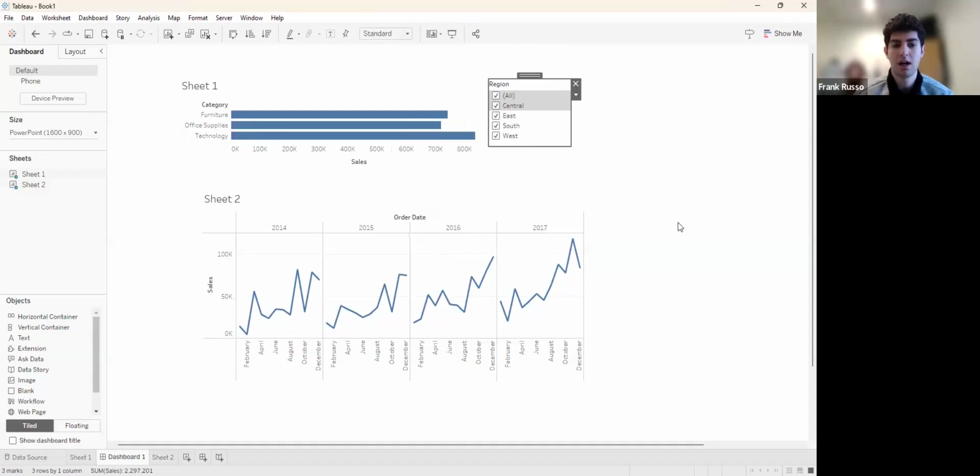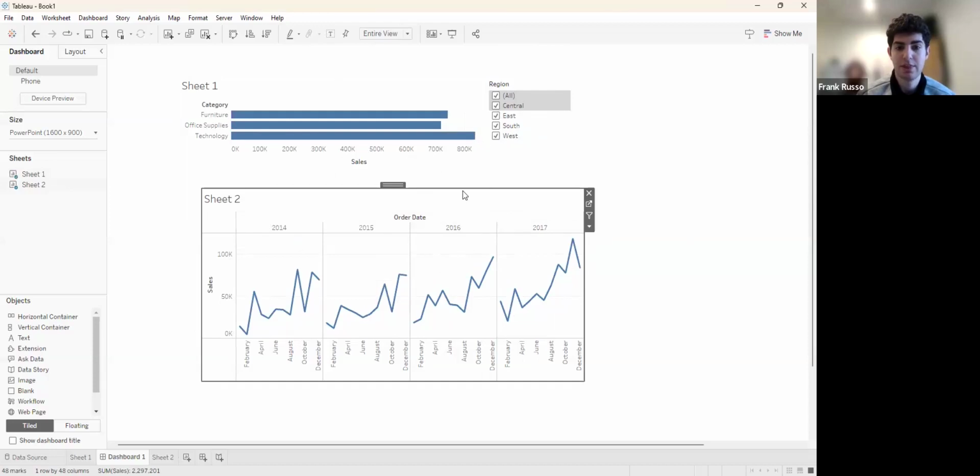So that's really, I know in the last example, we didn't really show the full power of the dashboard, but that's really what you're looking for, is to be able to change both sheets with one filter and kind of show it like that. Something else cool that you could do, if you click on this, if you hit use